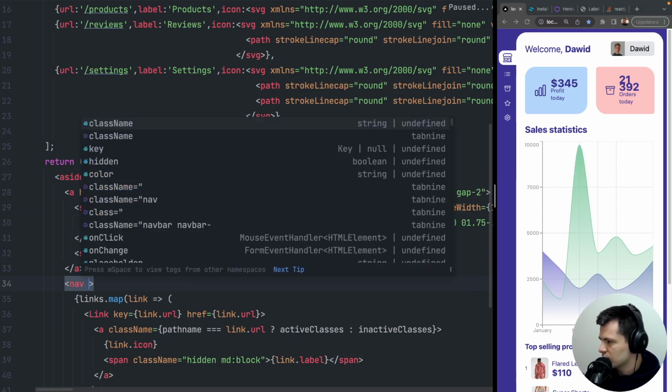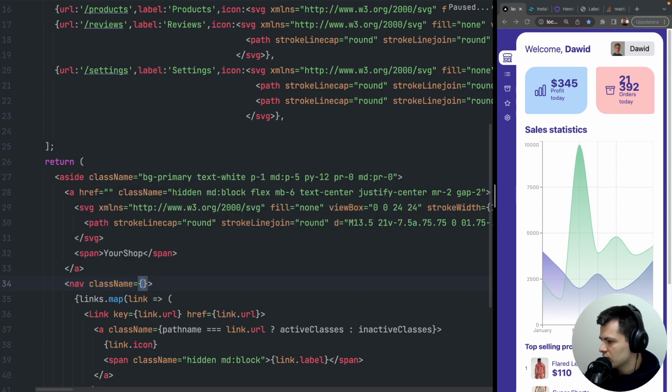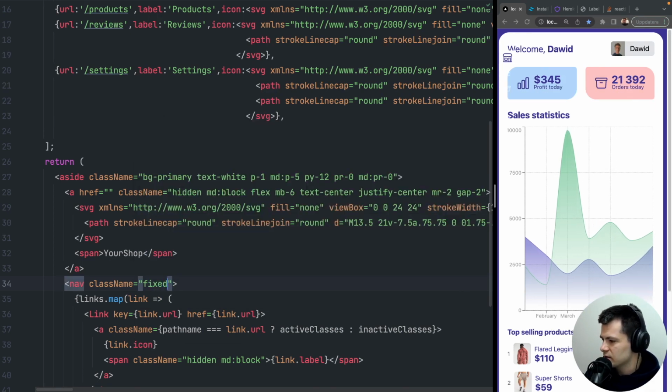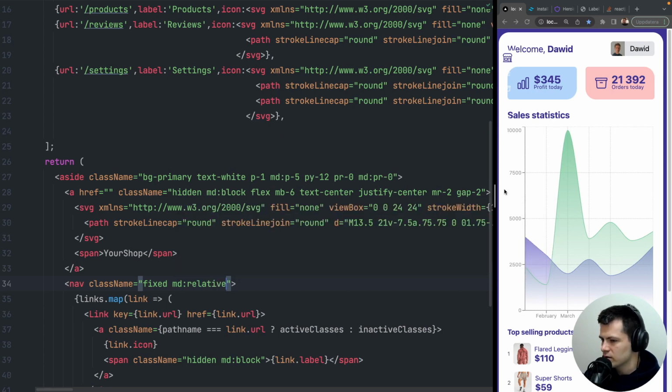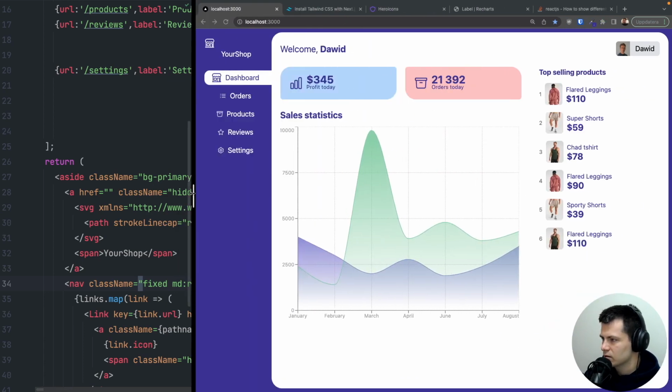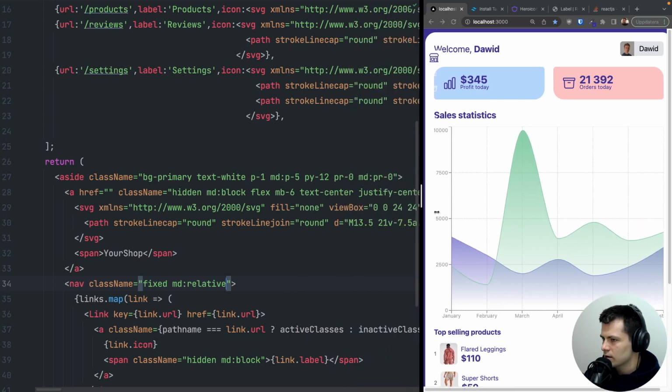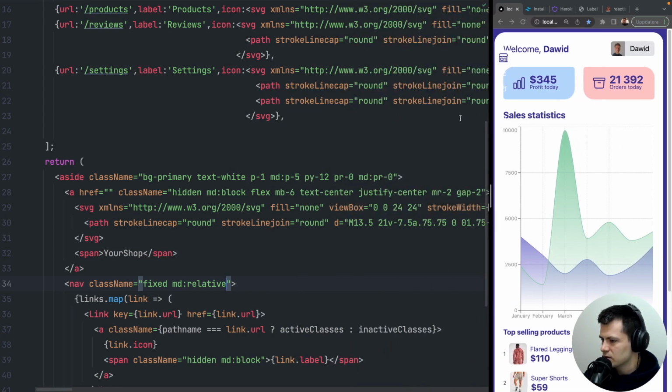We can do something like this: position will be absolute, or maybe no, it should be fixed. So it's fixed, but on the medium devices it's relative. So if I go back to this, yes, but for the small screens it's fixed, but we also need some